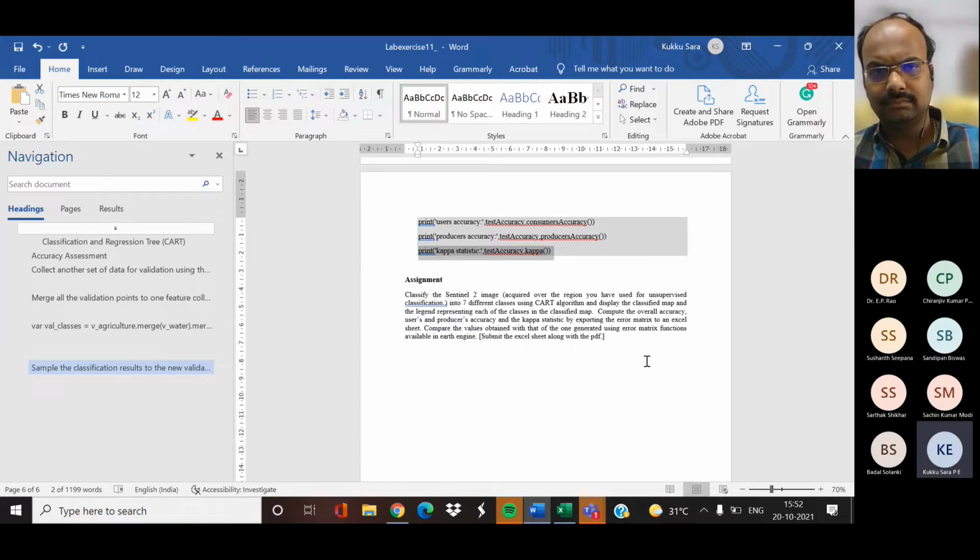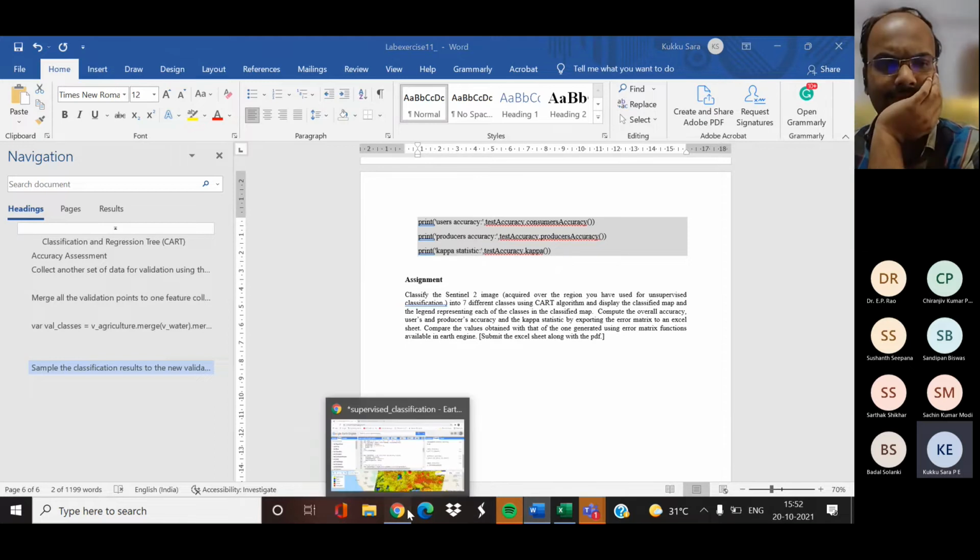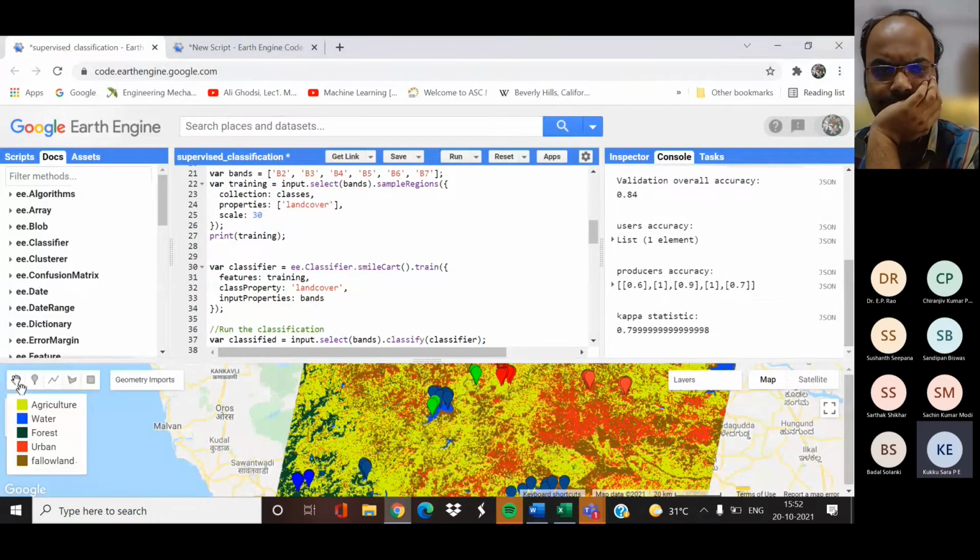Otherwise, you can just use the bands which have 10-meter resolution. Also, while collecting the training data, like Rao sir said, instead of points, you can use polygons if it is a larger area, and collect the data.